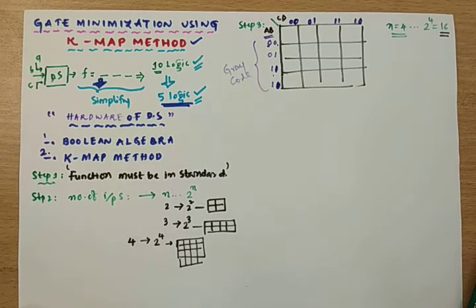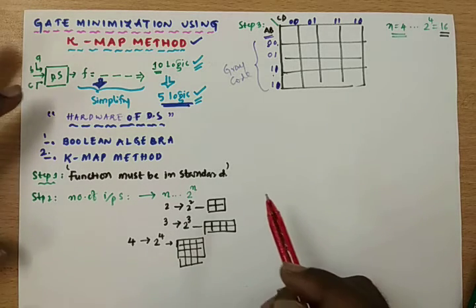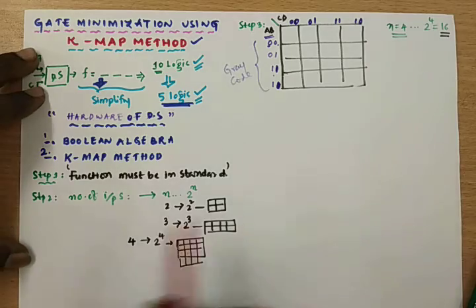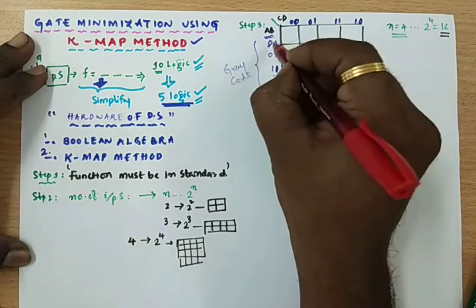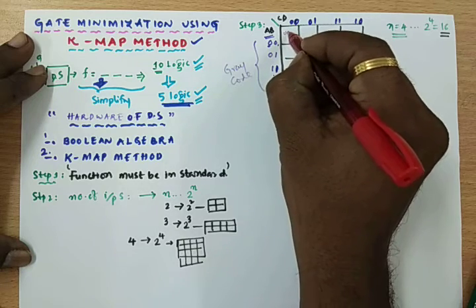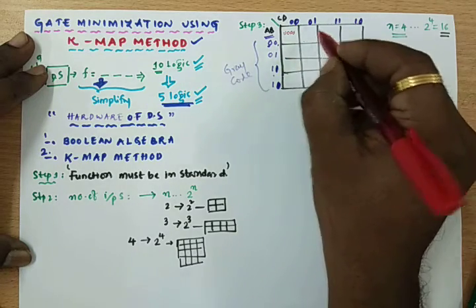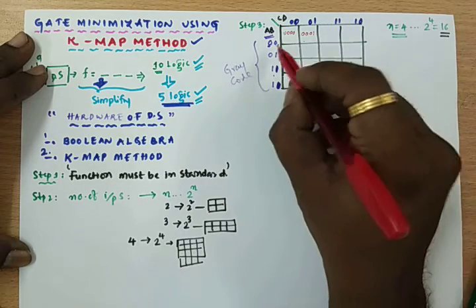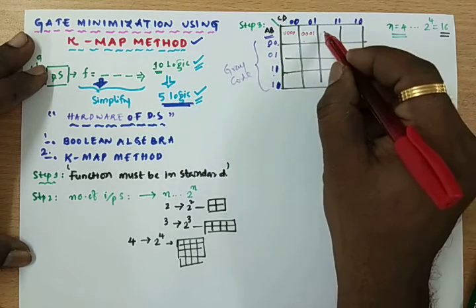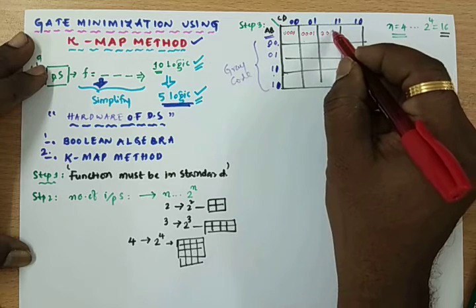In the third step, again we have to go with one more point. Now each row is identified with a number and each column is also identified with a number, so that each cell is also identified with a number. If you go with this cell, this is 0000, 4 zeros are there. And this cell is 0001. And this cell, with this row and this column, is 0011.